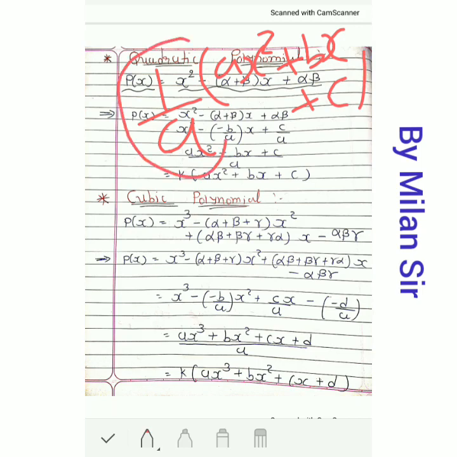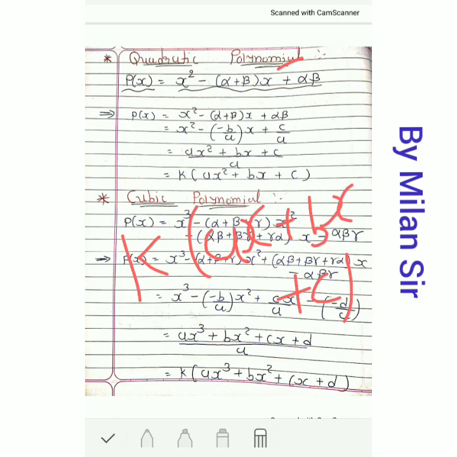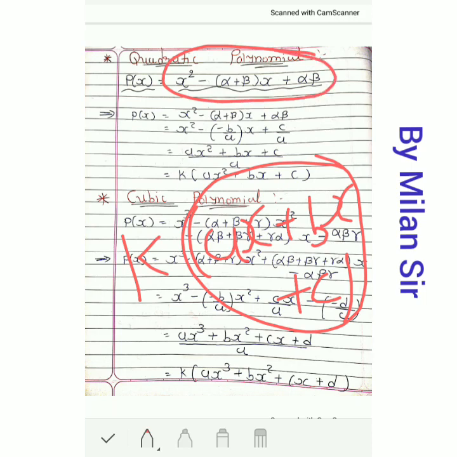divide by a, I write here separately, then I give 1 by a to one another constant k. Okay, because a is a constant, we can give one another constant for 1 by a, it is k. Okay, so you can finally get the equation like this, and this is our standard form of quadratic polynomial. So our standard form of quadratic polynomial we can get by this equation, by this formula. Okay,